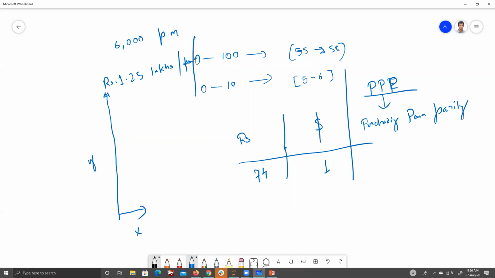You cannot do a direct conversion. I can tell you from my experience that a loaf of bread, let's say, how much will it cost in India right now? Just a simple example, let's say 30 rupees. 35 rupees, okay, just keep it 35. It will be easier for our mathematics.